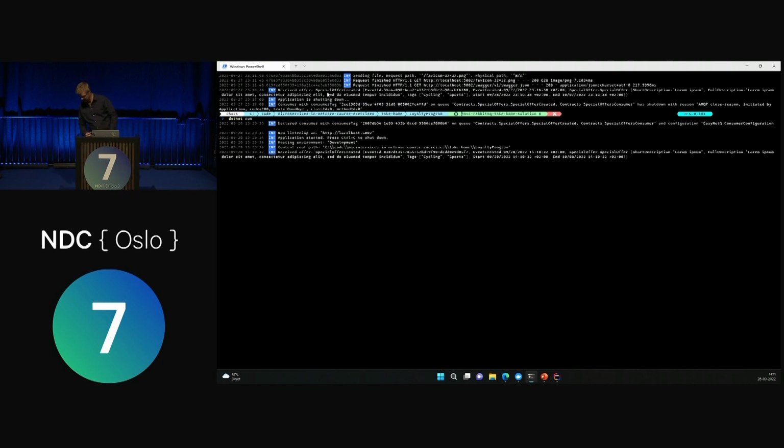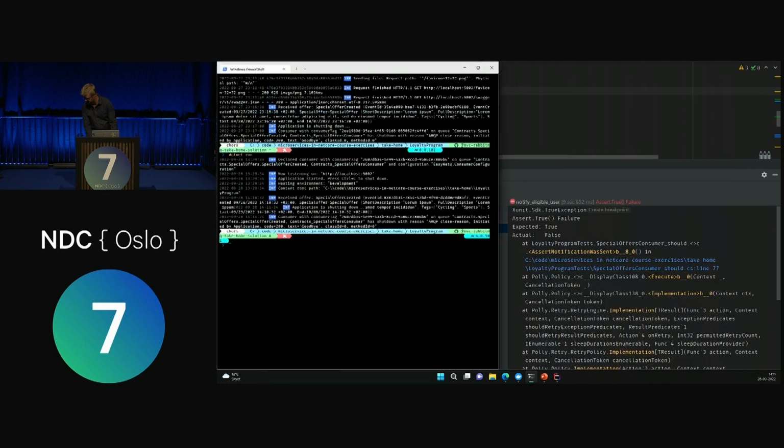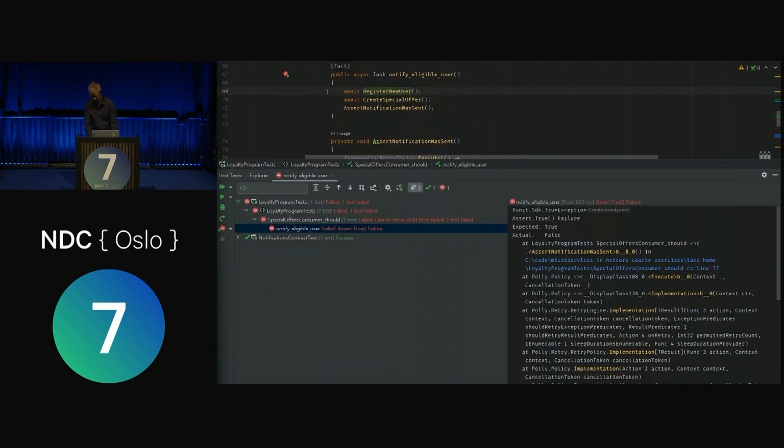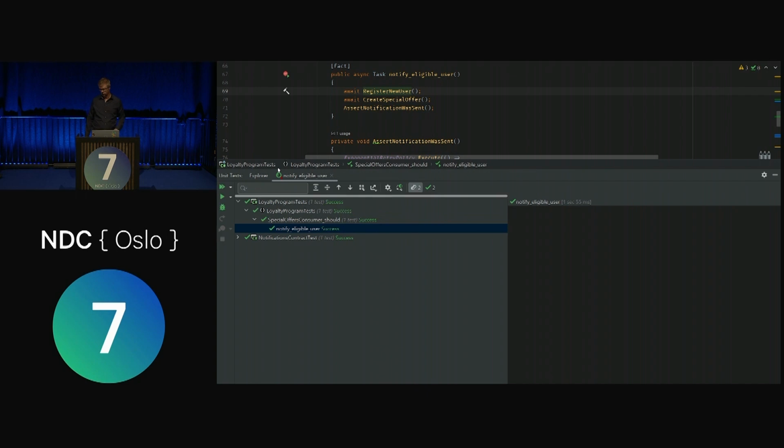Now I'll just stop that and take it off screen again. Back to the IDE and rerun, and then hope that I'm right. Yeah, you saw it run through, and it's much quicker when it actually worked.